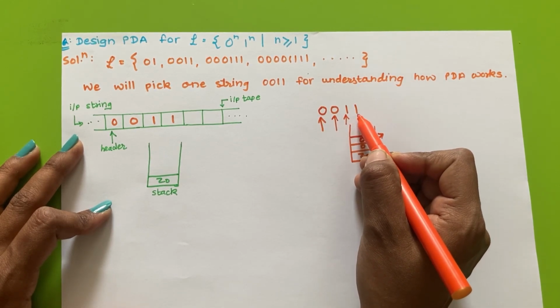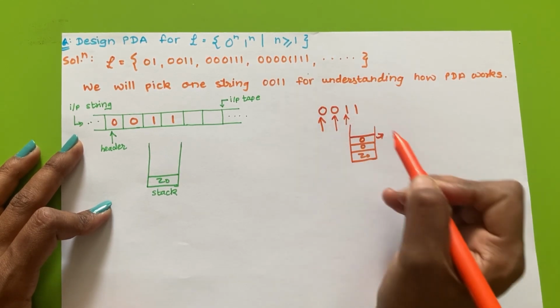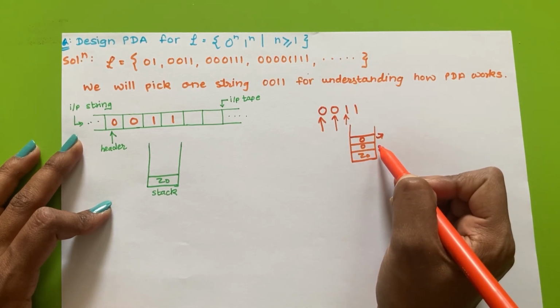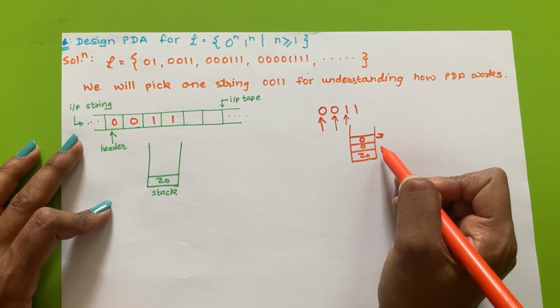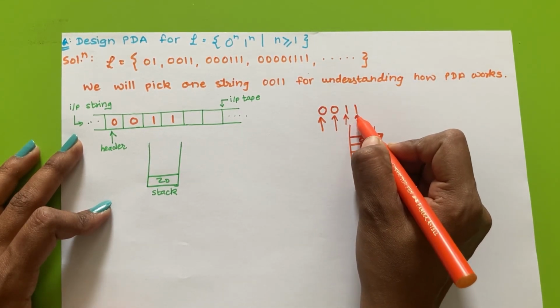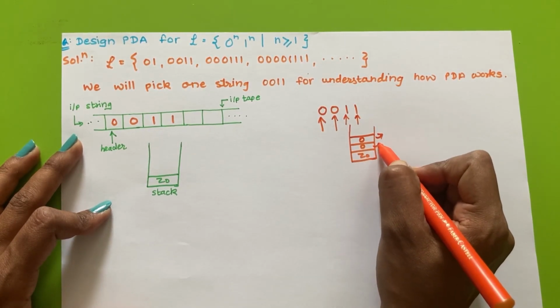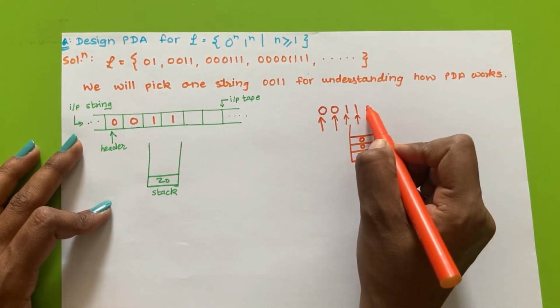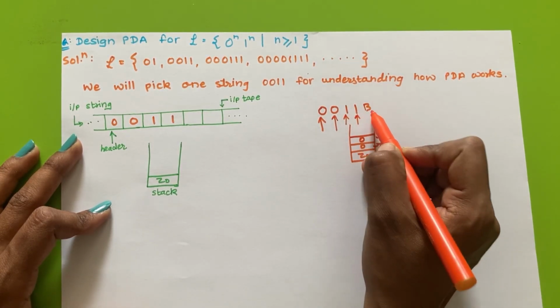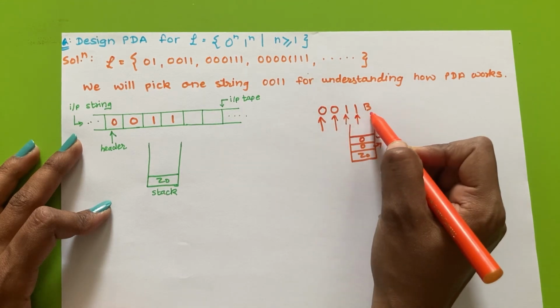If again I have 1, then that should be the condition that we have 0 on the stack as a top. Okay, so again I have next one, so again I have to pop the stack. Okay, now next we have a blank symbol. So if means what, I have